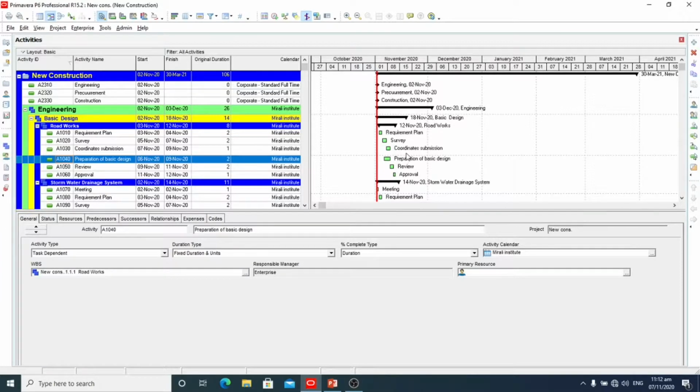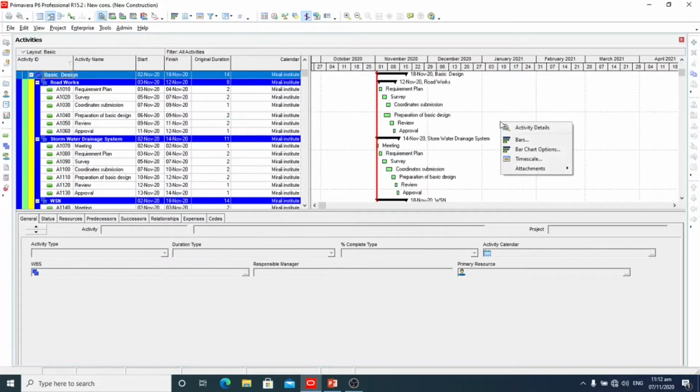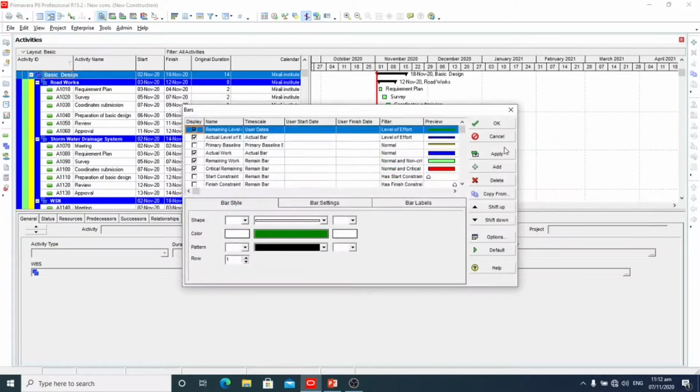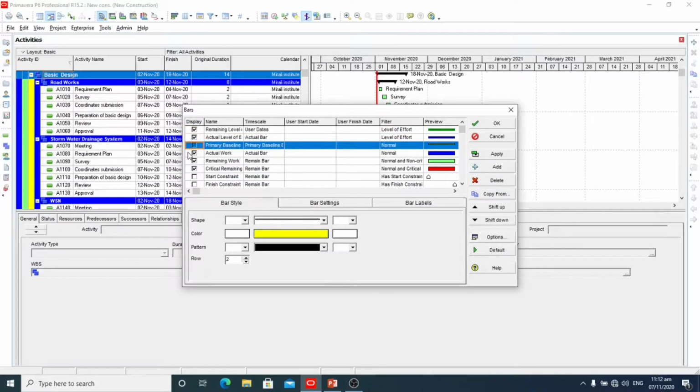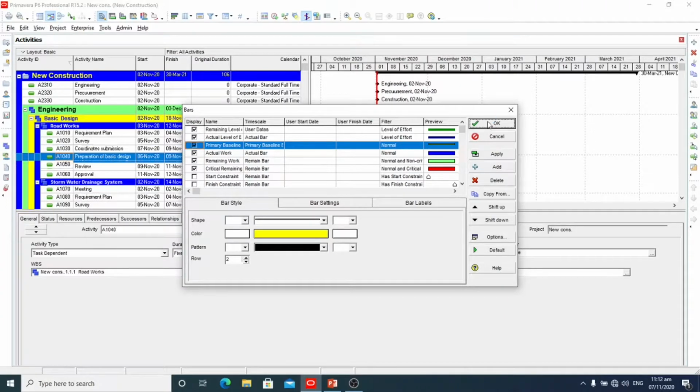In the bar chart, this is not showing our baseline, so here we will right click on it, select Bar, and then select primary baseline. We can see here yellow, so here we apply and okay.